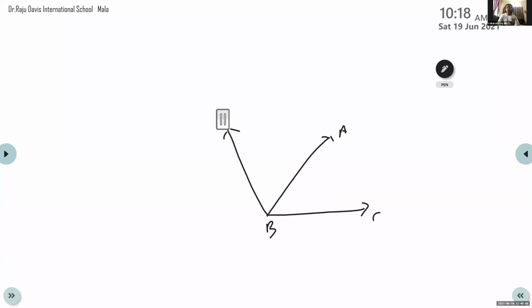How many angles can you see now, Dia? Three. Yes. How many angles can you see here? Four. Is it four? Where is four? This is one angle, A, B, C. This is the second angle, A, B, D. One more angle is there. What is that, Sarah? Ma'am, is it B, D, B, C? This is the big angle. So there are three angles here.